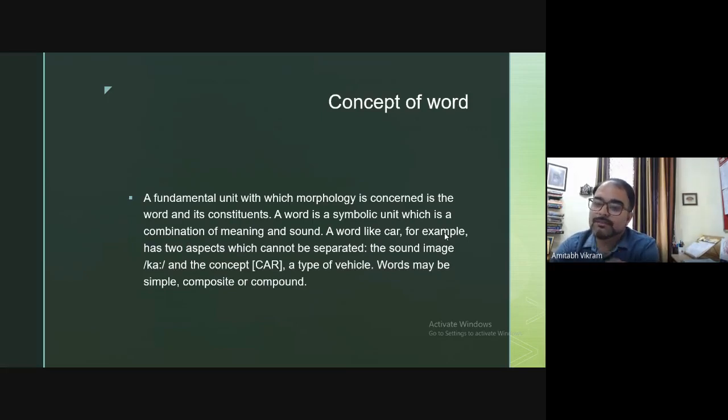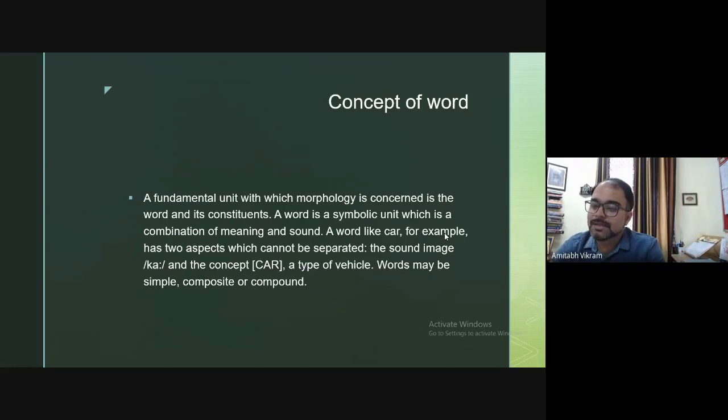That means it is based on a symbol, a certain symbol we are simply using. For example, the white pigeon is a symbol of peace. Now you can cross question why the white pigeon is a symbol of peace. There is no fixed answer, because the pigeon is very docile, weak, and white, so it looks soothing to the eyes. It is not harmful, so that's why a pigeon becomes a symbol. Similarly, these words are also symbols.